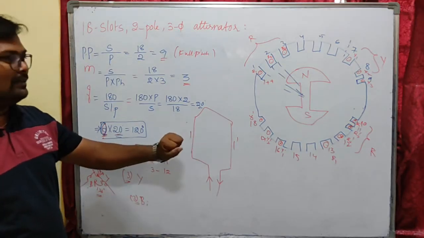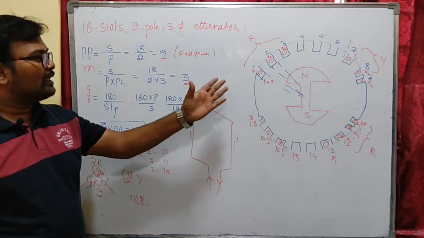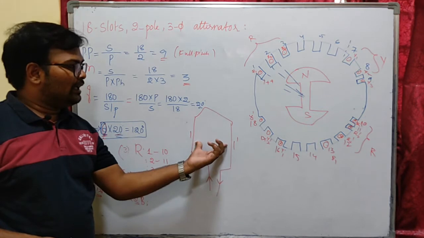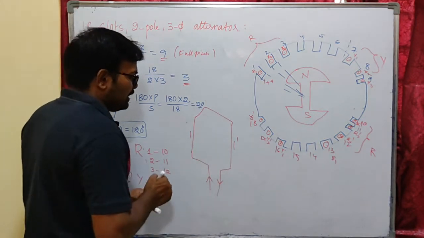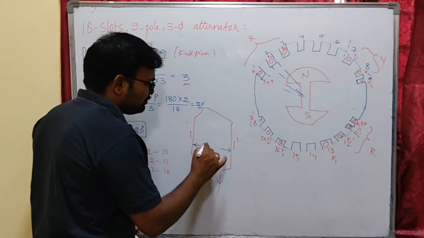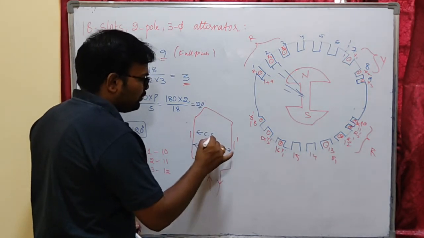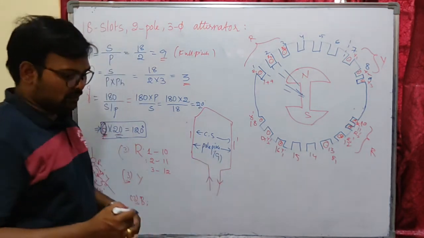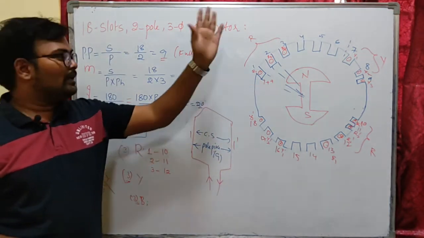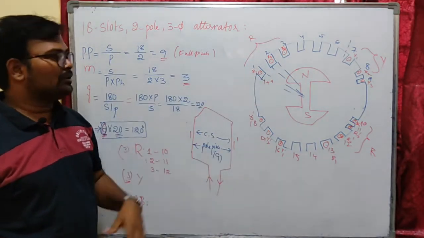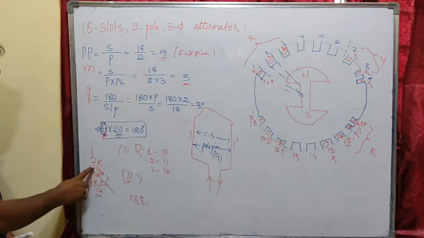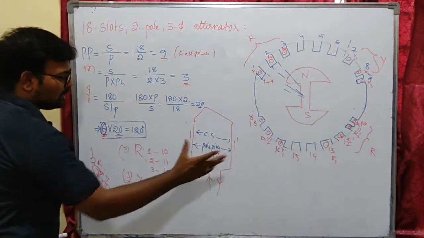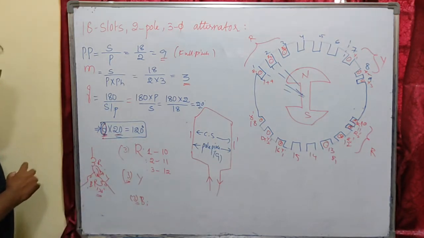So there are 2 things to understand. For a full pitch winding, you are going to keep the 2 coil sides of 1 coil away. That means the distance between the 2 coil sides should be equal to our pole pitch. Coil span should be equal to pole pitch for full pitch. Pole pitch here is 9 in this example. So if you place 1 coil side in 1 slot, you have to keep the other coil side after 9 slots. That is about full pitch winding. And what is the displacement of windings here? This is about the space displacement of the 3 windings. This is for full pitch winding, and this is for the placement of R, Y, B windings. Please remember that.